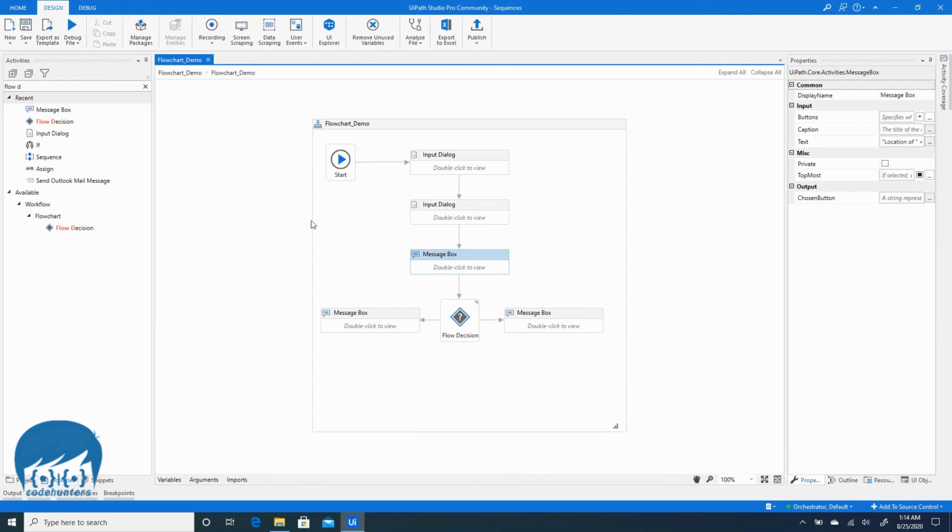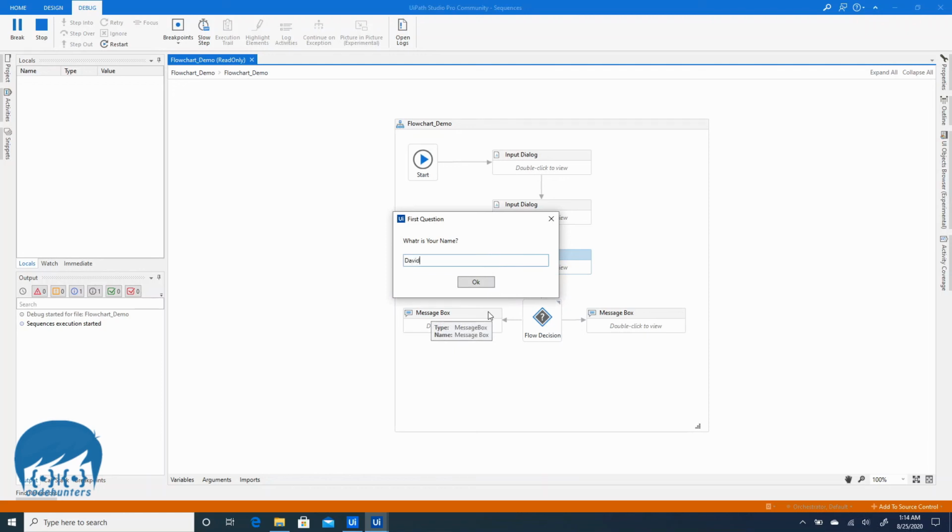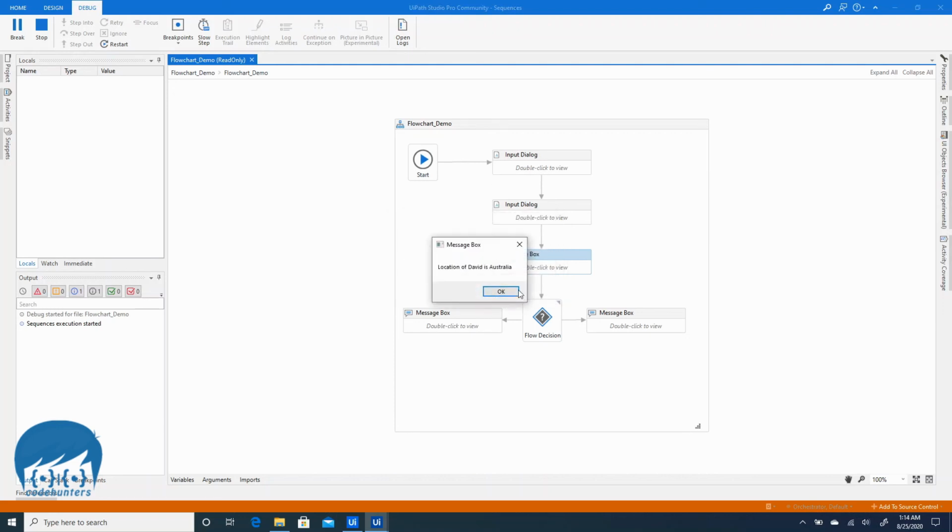We will run this workflow once more, and this time we will give the name David and the location Australia. We'll click OK, and now it says this message box, location of David is Australia. When we click OK, it should go into the false part, and it says David is not from India, and it went to this false part.